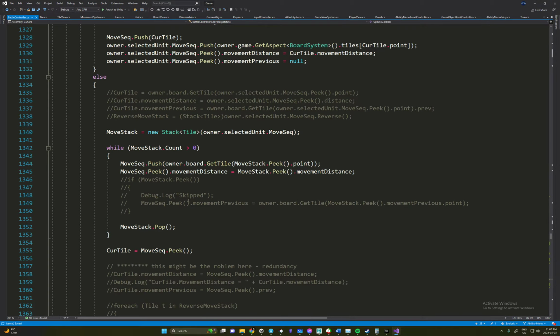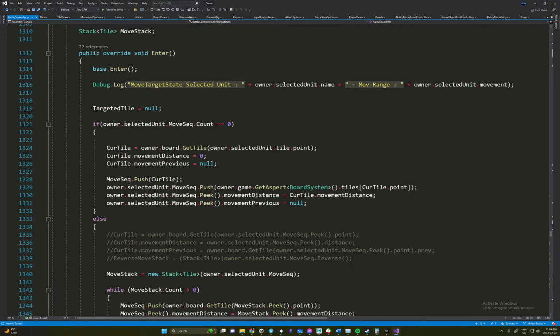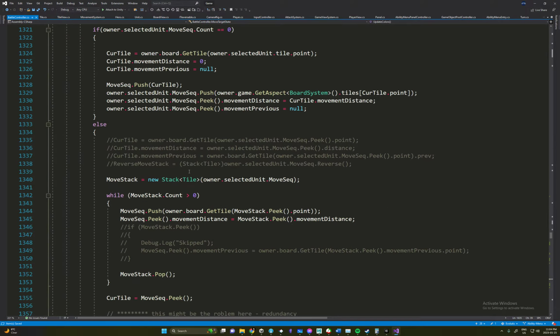Else, what I want to do is most selected unit.move sequence. Wait, what am I checking for? Right, so if there's something saved on, not saved on him, fine. If there is something saved on him,